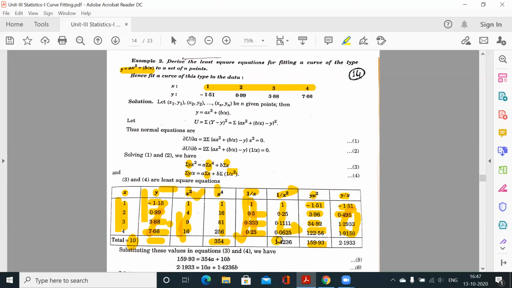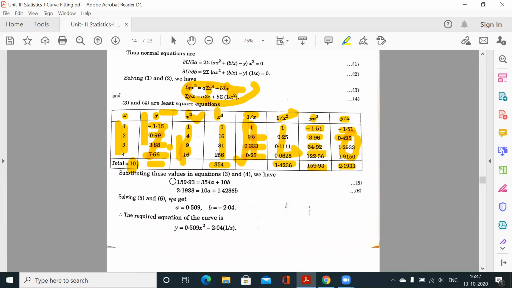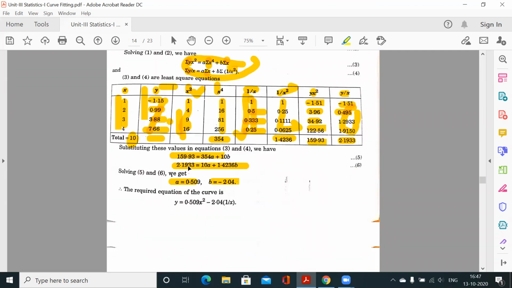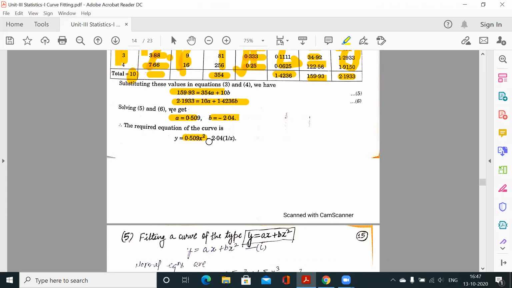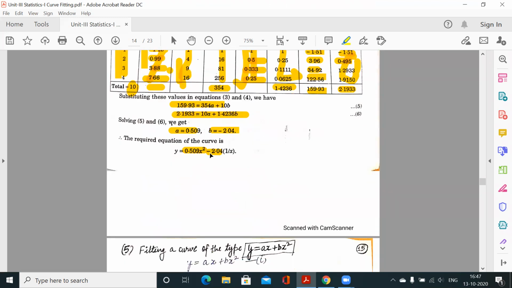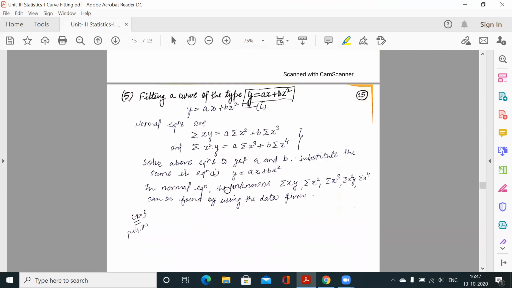By x² आपने कैलकुलेट कर लिया है, y over x², so इनके summations को आपको इन इक्वेशन में सब्स्टिट्यूट करना है। तो आपको a और b में दो इक्वेशन मिलेंगी, दोनों को सॉल्व कर दीजिए, आपको a मिल जाएगा, b मिल जाएगा, आपको आंसर मिल जाएगा। आंसर क्या था, y is equal to ax² plus b by x, so this is ax² minus b by x, so this is, sorry, plus b था, plus b over x, so this is b की वैल्यू क्योंकि नेगेटिव है, so b over x था इसलिए b की वैल्यू क्या है, minus 2.05 into 1/x।